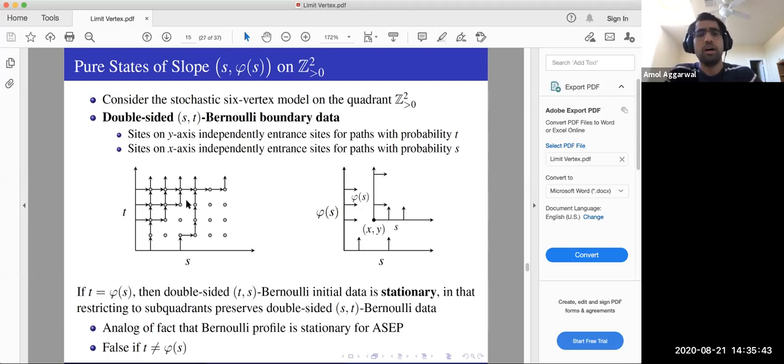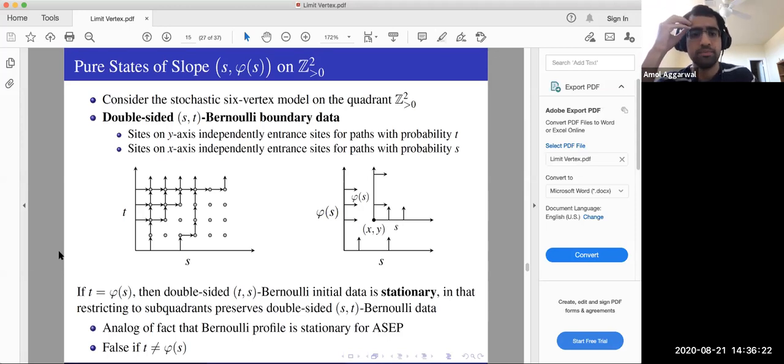So we consider the stochastic six-vertex model on the quadrant with what we call double-sided Bernoulli initial data. What that means is that sites on the y-axis are independently entry sites for paths with probability t. At each possible place where a horizontal arrow can be, I flip a coin with probability t. I let a path enter through there, and with probability 1 minus t, I don't. And likewise on the x-axis, we allow paths to enter with probability s. So at the special point where t is equal to s, this double-sided